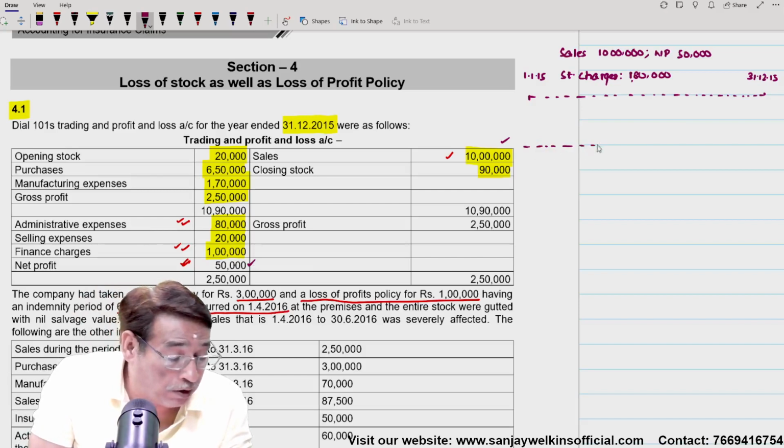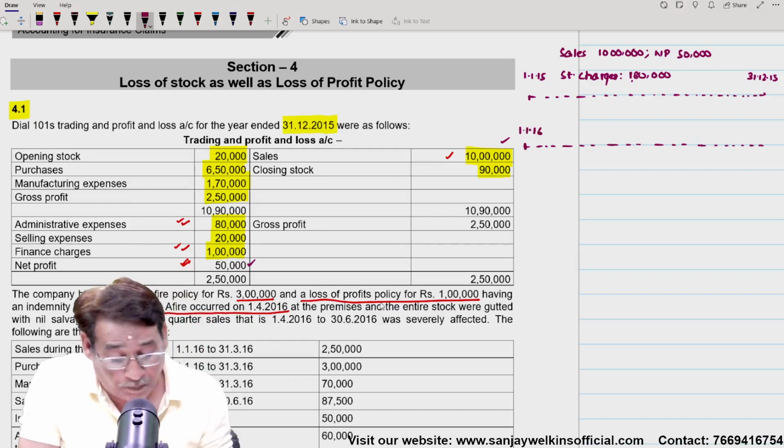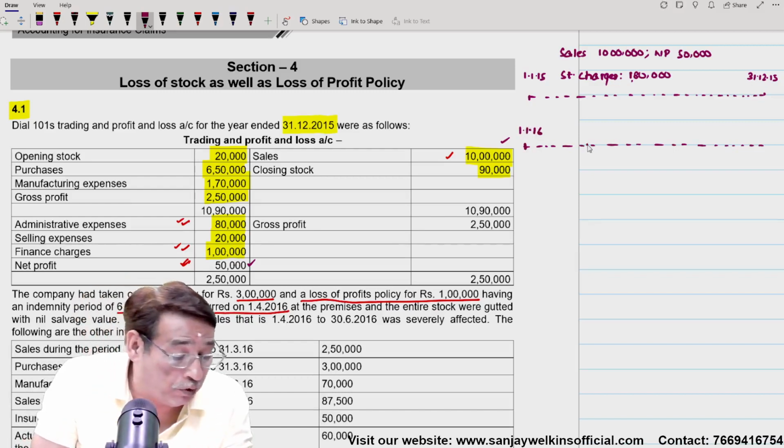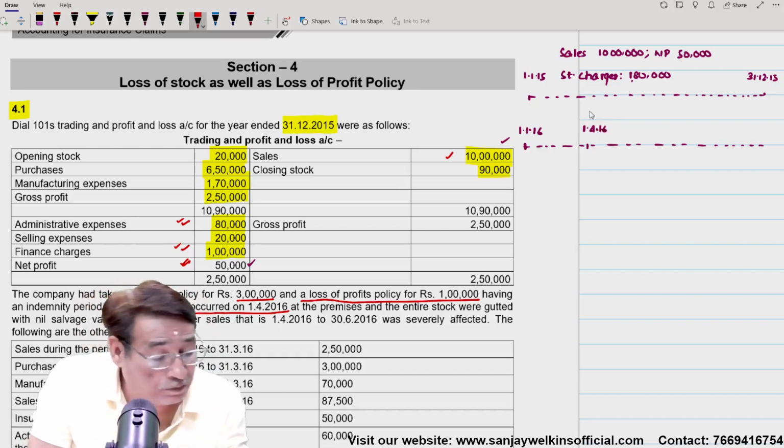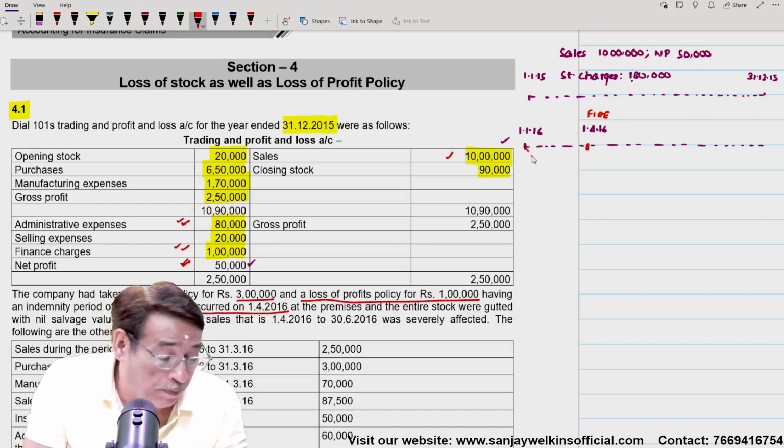Now we come over to the current year. As far as current year is concerned, we have seen that current year is starting on 1/1/2016. And below, the question states that on 1/4/2016, date of fire, that means the fire took place. This is the date of fire. On this date, fire took place. So, from the beginning of the current year till the